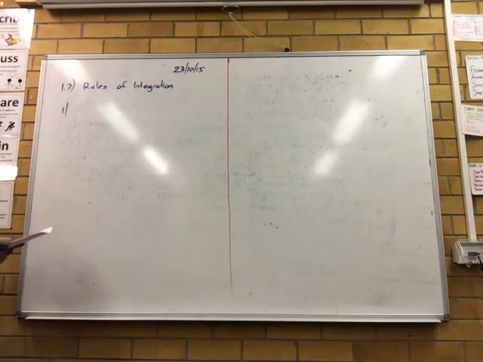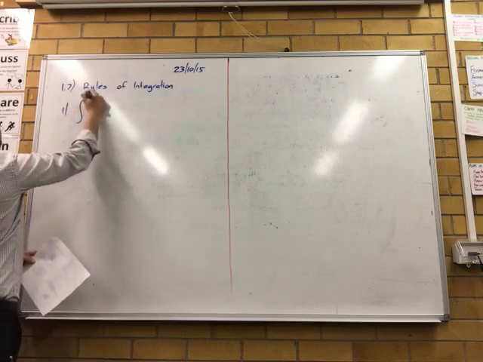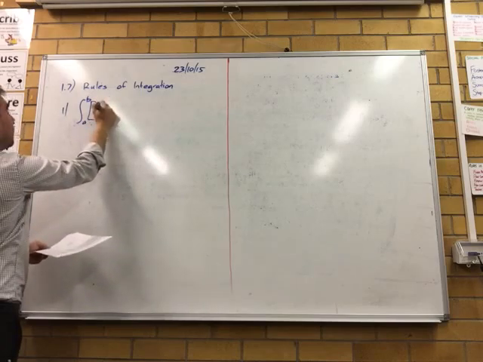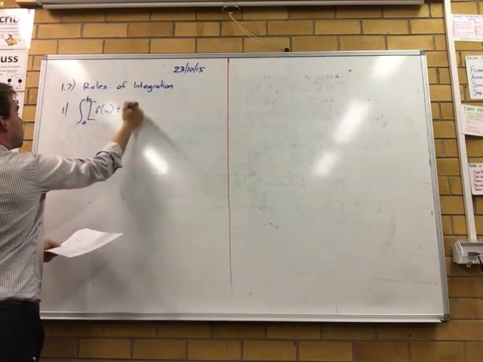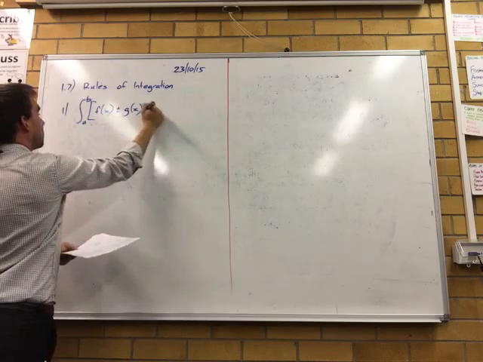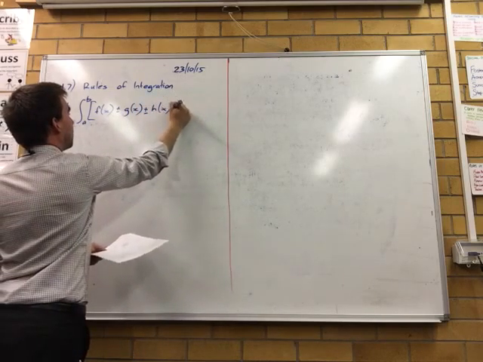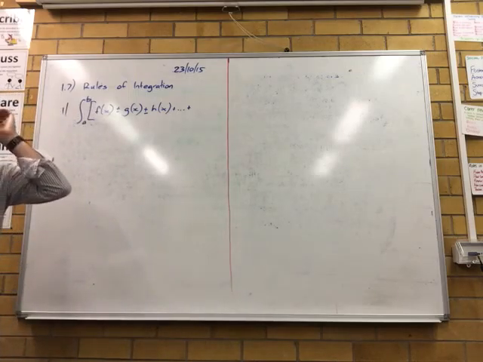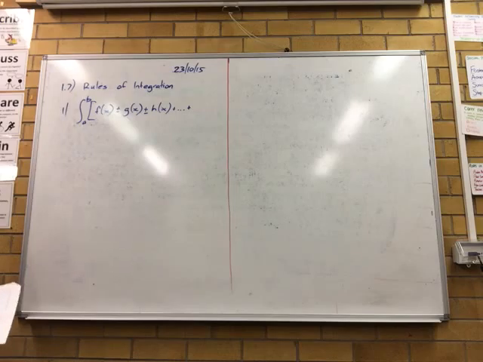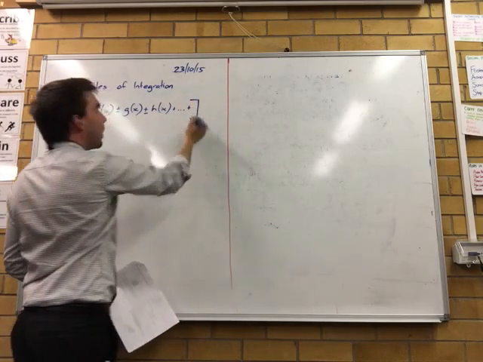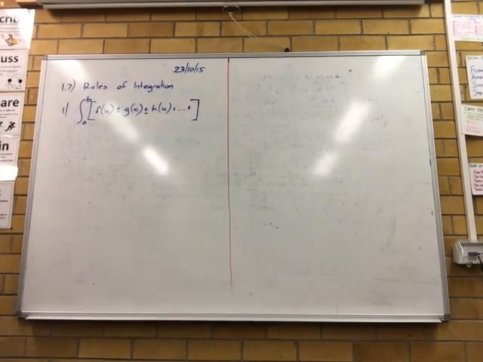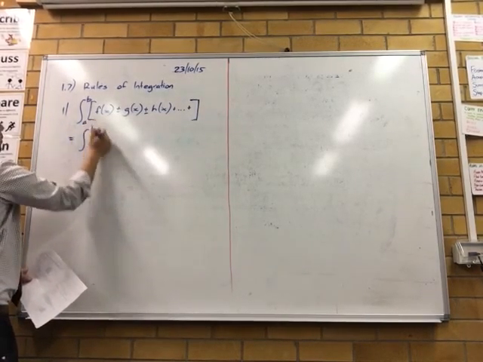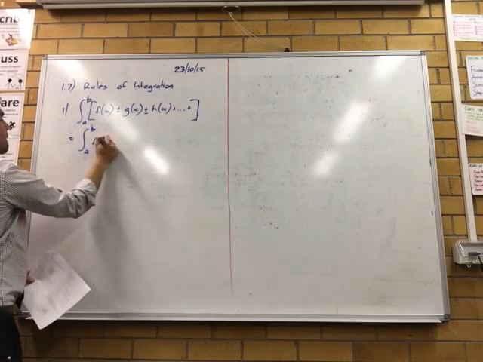Alright, so we're up to the integral from b to a of f of x plus or minus g of x plus or minus. Alright, so basically all this is saying is that we can do the integral bit by bit, okay? Like we differentiated, we can differentiate bit by bit when we've got addition or subtraction between two terms, okay? So it's going to be the integral from b to a of f of x,